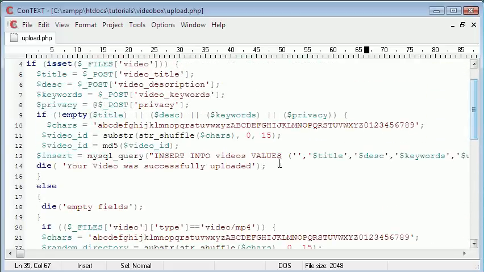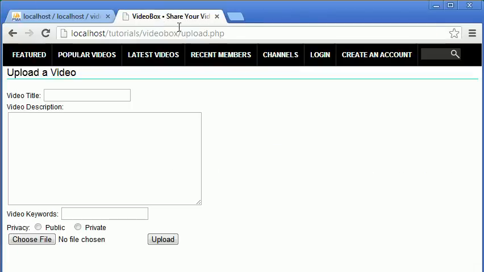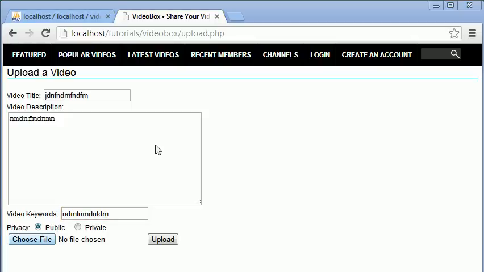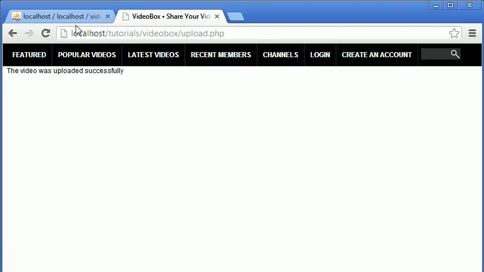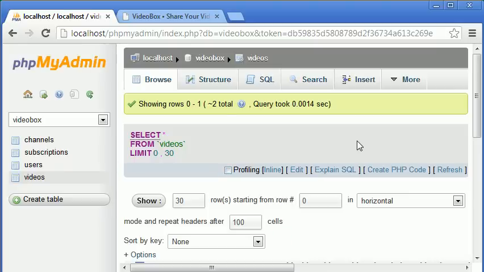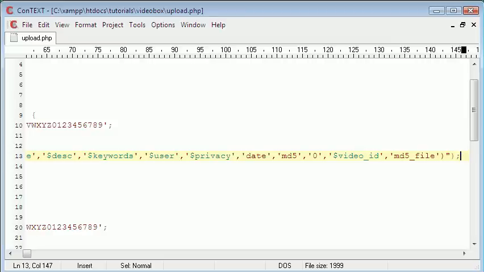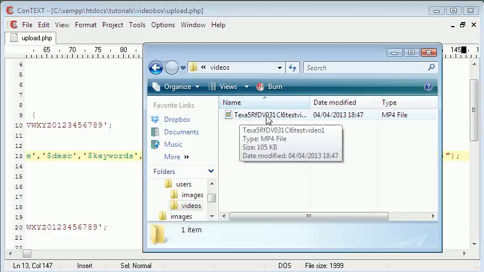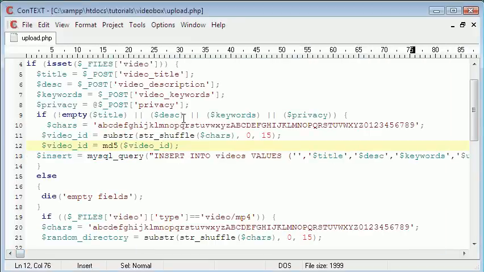All we have to do is delete this, and we'll try it again. So let's just put in anything. Okay, and click on test video 1 and click upload. Check the database. It should not have made any difference, because we didn't change the query. So yes, we have two rows in our database, and here's the new row we just added. Everything seems to have worked on the query side, and we go to the videos folder, and as you can see, we have our new video uploaded that we didn't have before. So that shows that was the problem. We fixed it. So we're ready to actually start the video,